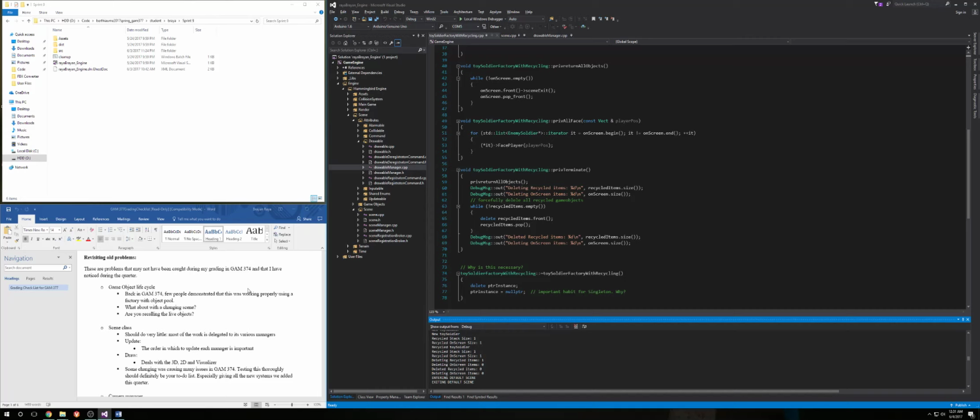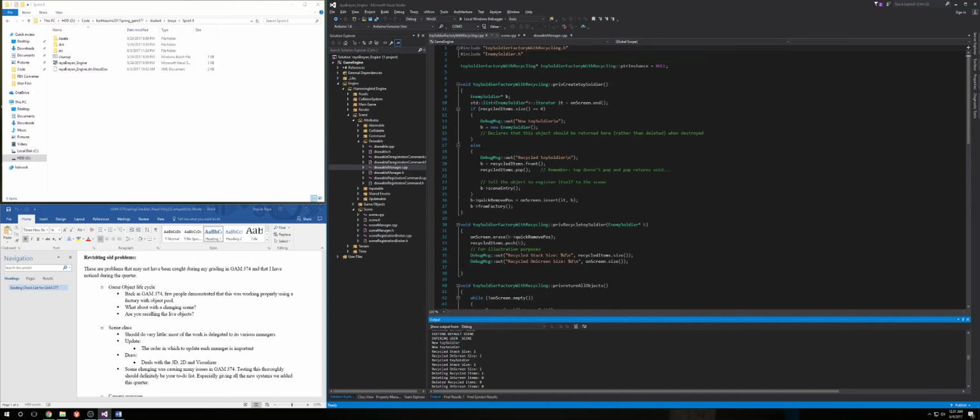Game object lifecycle, I've demonstrated that I have a pool here, this factory, for my toy soldiers. So if I don't have a toy soldier currently in my list, I generate a new toy soldier, so I generate 2 right off the bat. Eventually, I kill one of them, and I return 1 to the stack, and 1 remains on screen. You get the marker telling that a toy soldier has been recycled, and at the very end, we terminate the scene. So here we have an example of where I have one in the stack, 1 on screen, and the